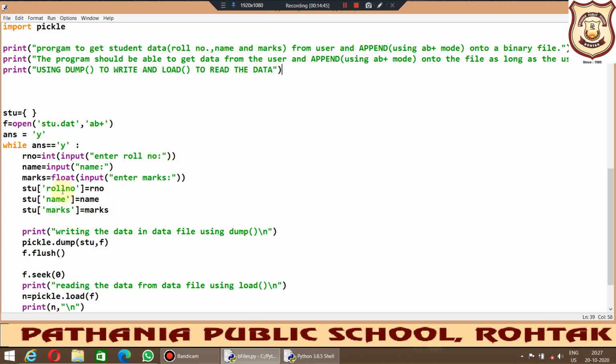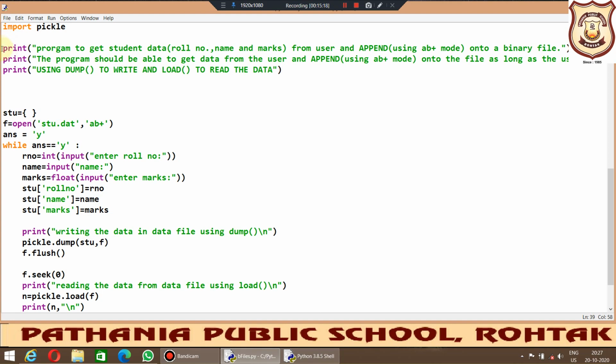Okay, so we have entered the roll number, name and marks of the student, and we get it printed through this print function. The load function will read the contents that have been entered here. This seek function does the following: once the roll number, name and marks of the first student have been written, it takes the cursor to the very beginning.